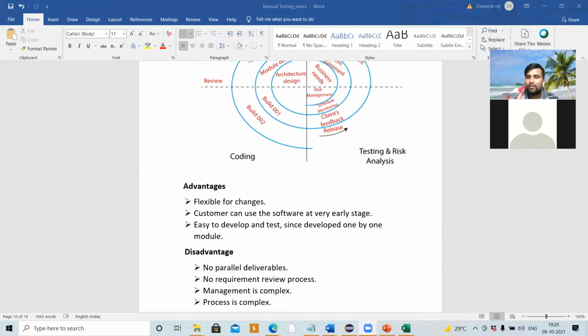Our role is to test the application, but you should know. Today, one guy pinged me. He told me, sir, they asked me about performance testing. We are not going to do performance testing in manual testing. In performance testing we check the behavior. We will see performance testing, but they asked him to explain the process. You should know the process. You are not going to do performance testing, but you should know the process.